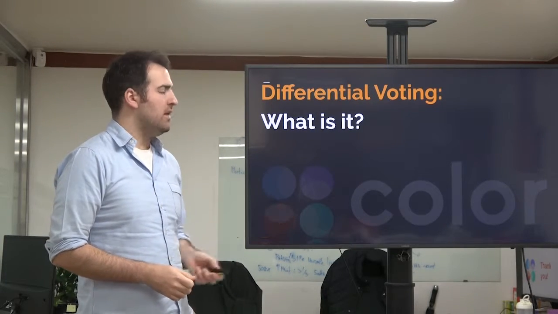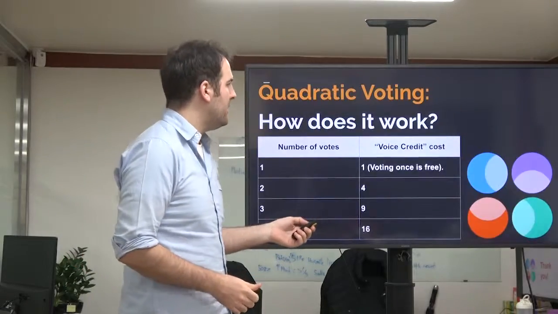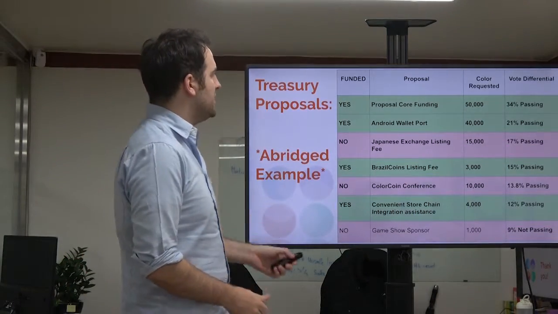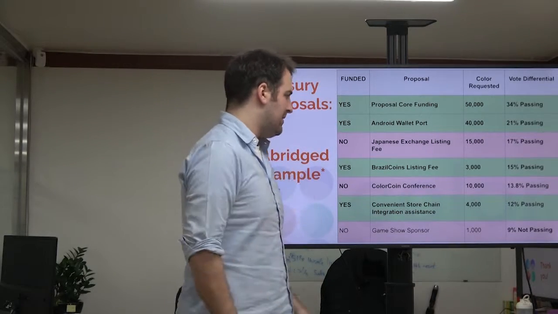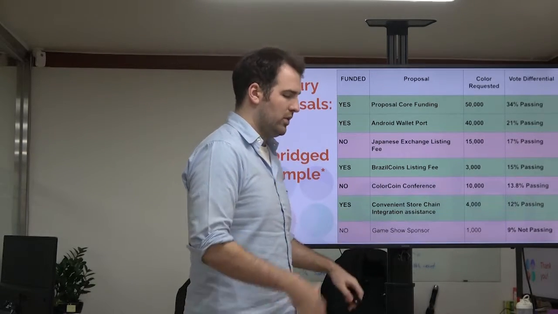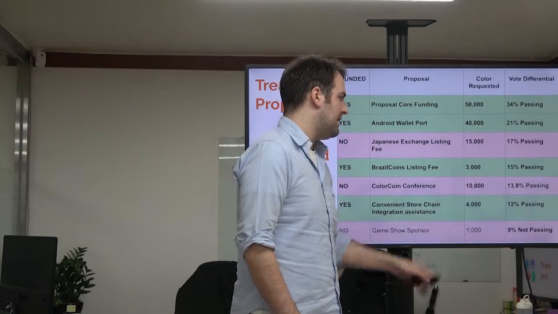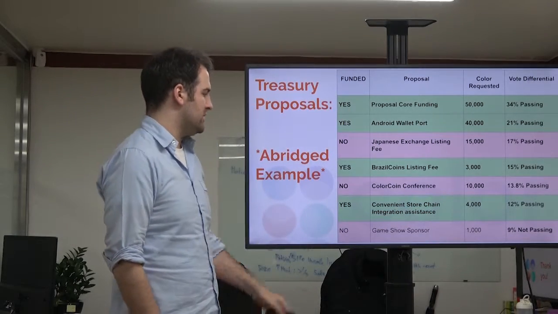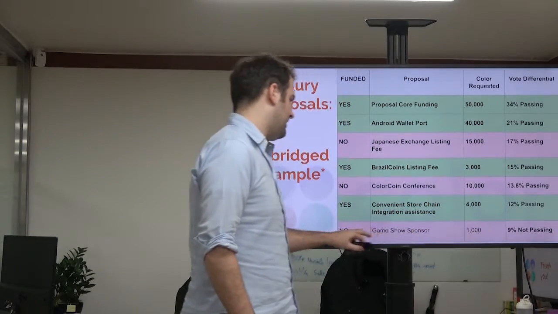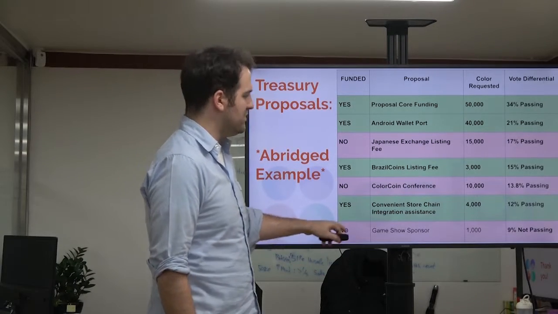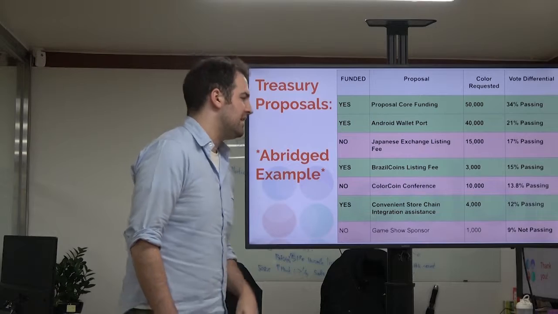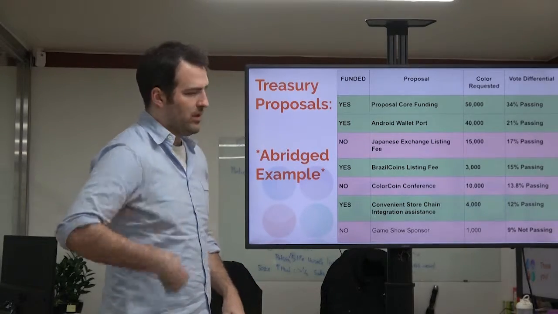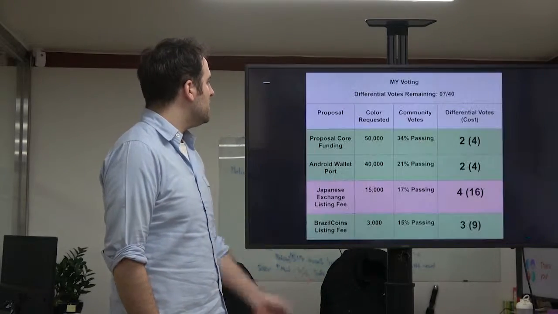But if you do, that's where, back here, that's where this differential comes from. So we've decided that about a 10% differential, or greater than 10% differential, should be the minimum passing threshold. So if you look down here, this internet game show sponsor, that didn't pass. It just didn't get enough people that wanted to spend the money on it. So going back,